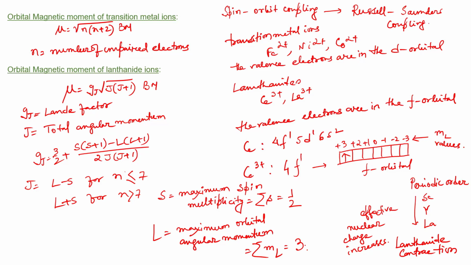Now coming to the calculation part. J equals L minus S, since only one electron is there in case of cerium, 3 minus half equals 5 by 2. So in the Gj formula again I am writing